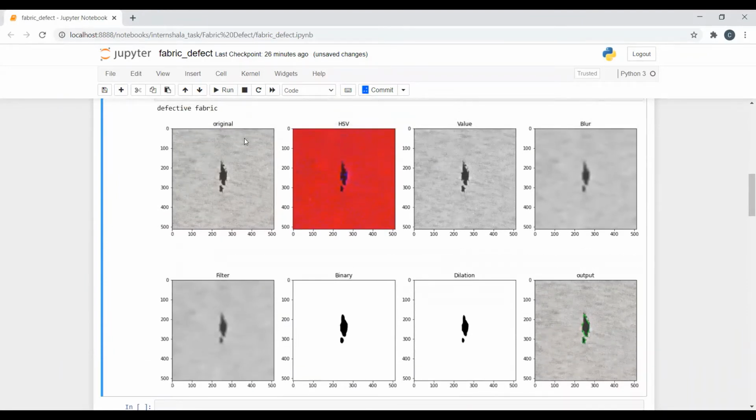So we have our original image, and here you can see there is a hole, two holes, right? So what we are doing using this project, we are getting this type of output. Means we are drawing a line on this hole. On both of the holes you can see the line. Okay, so now let's see how we can create this project.